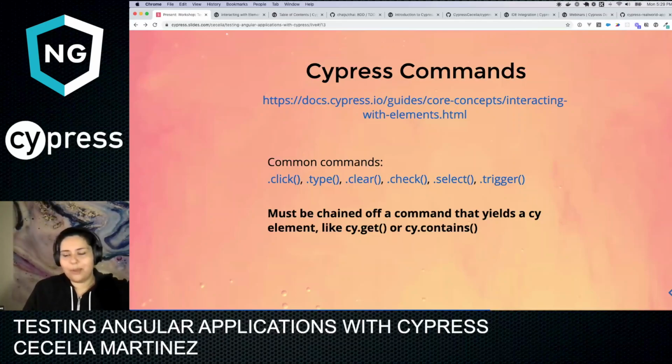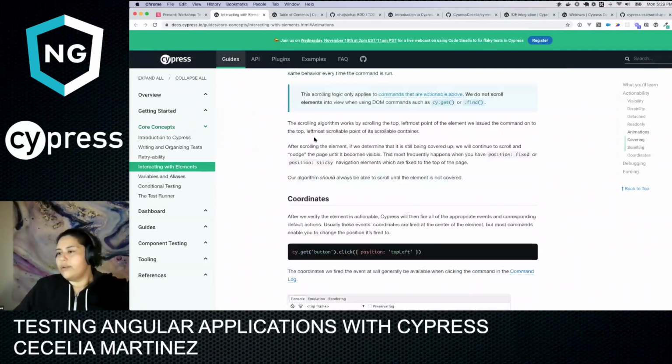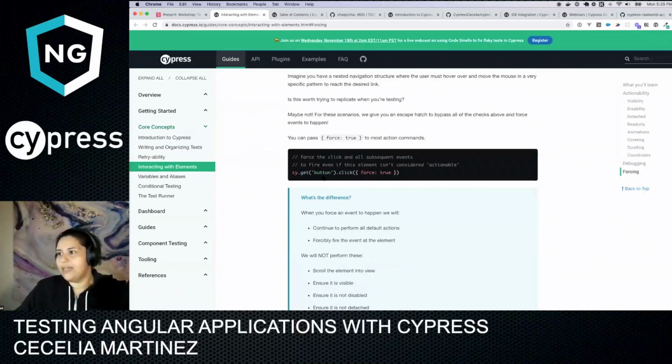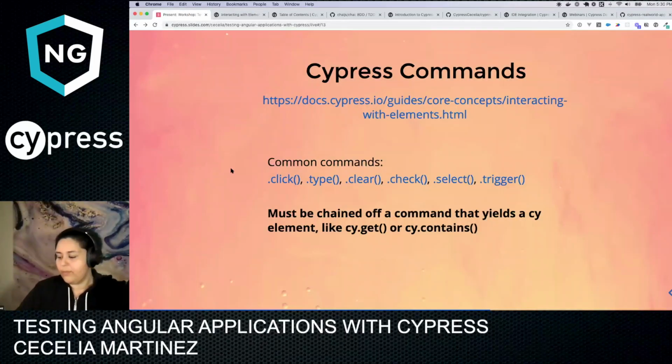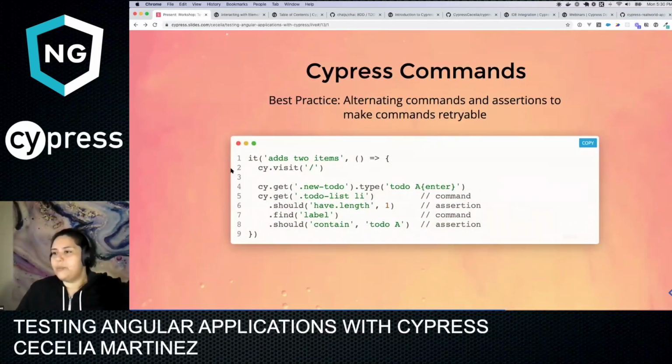We talked earlier, when one of the questions came up, about how Cypress is kind of like a promise. It yields the object that is returned by the selector. And again, I shouldn't say the word returned. It yields the object that the selector finds. Then the command must be chained off of that selector, and that command will act on the element that was selected. So in a test, this would look like essentially cy.get the element and then a click on it, right? And that's going to click on the actual button itself. So as a best practice,